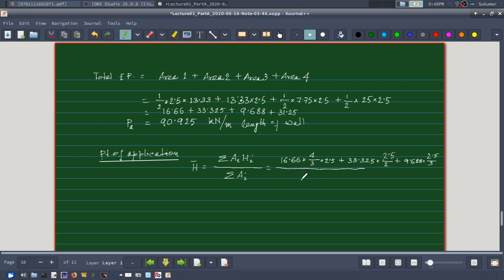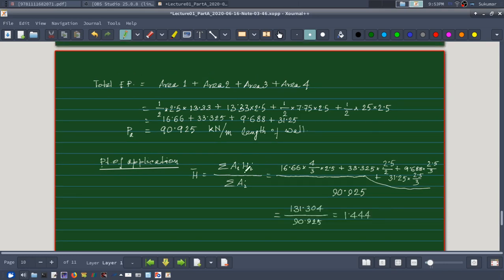then the third term, a fourth term, plus fourth term is 31.25 into 2.5 by 3 and this whole thing divided by total area. Total area is P naught PA, which we already have the value 90.925, and this will give me a value of